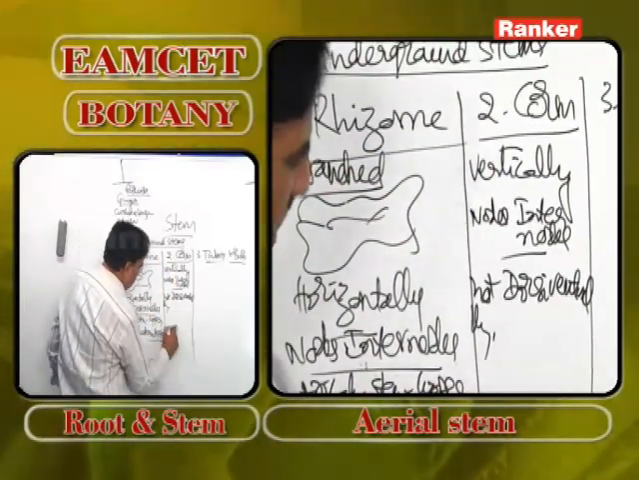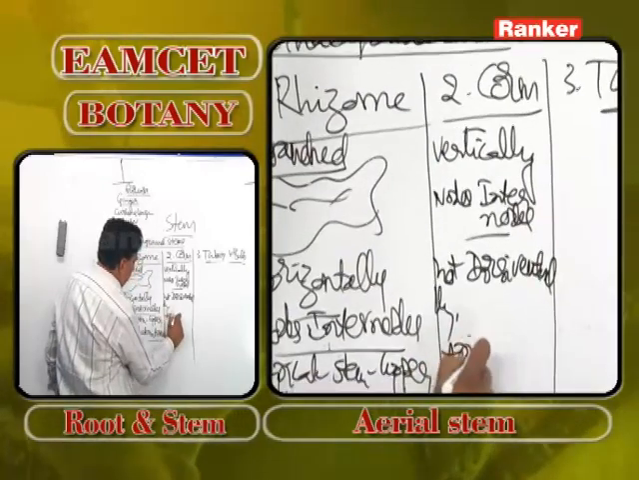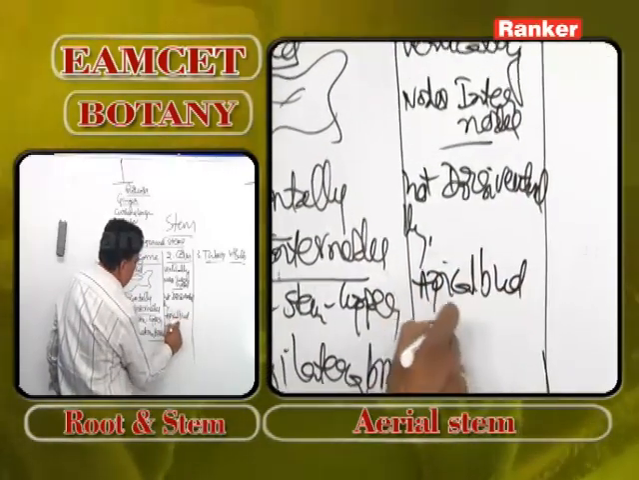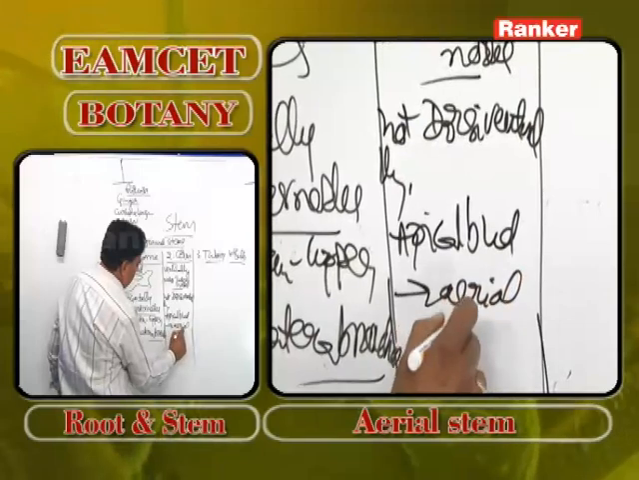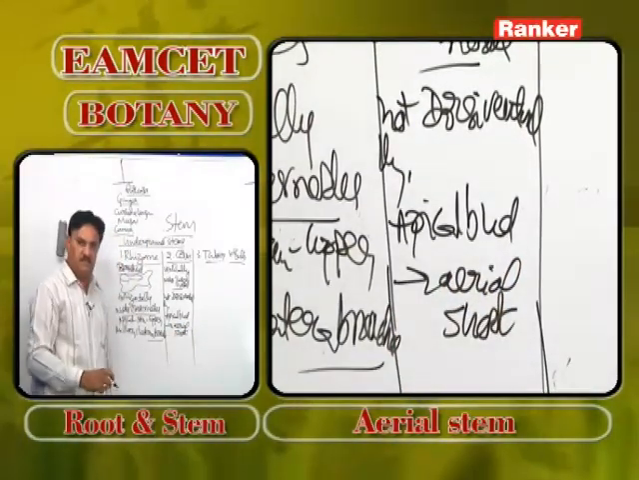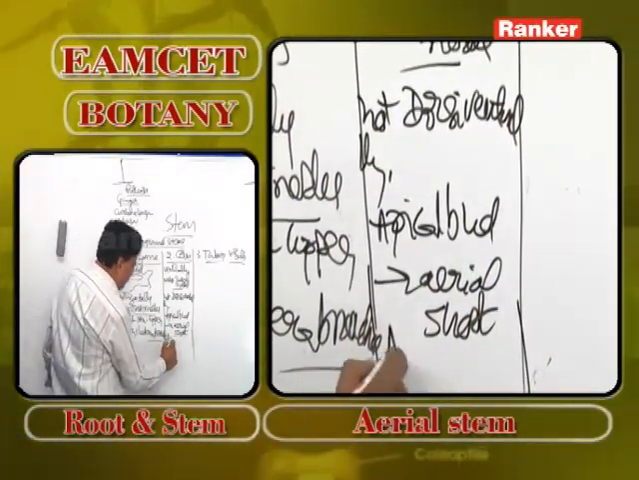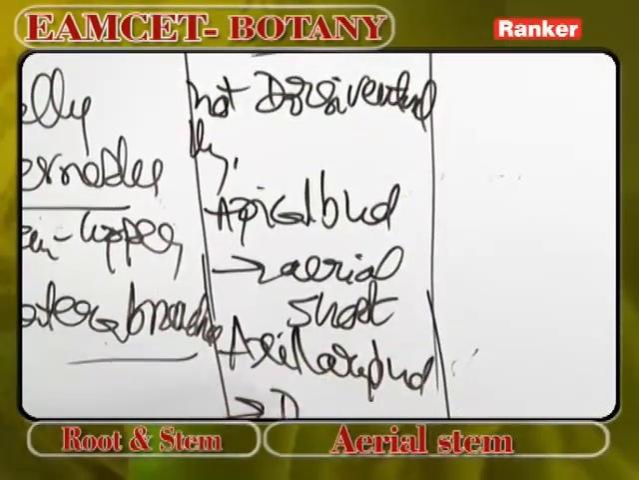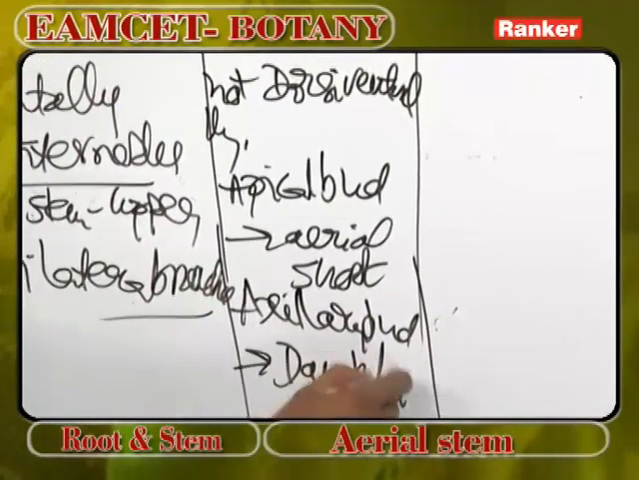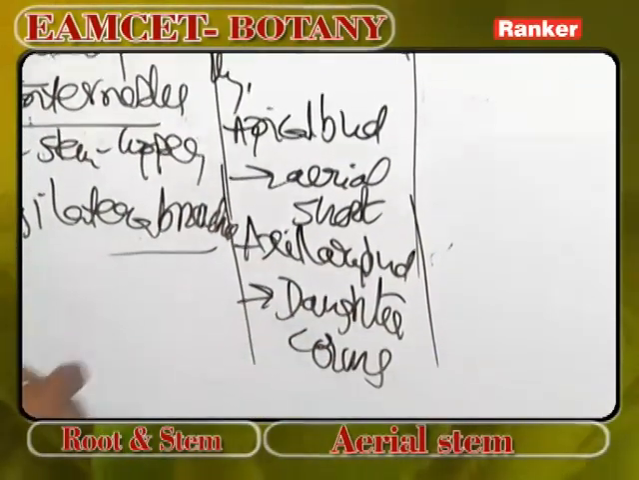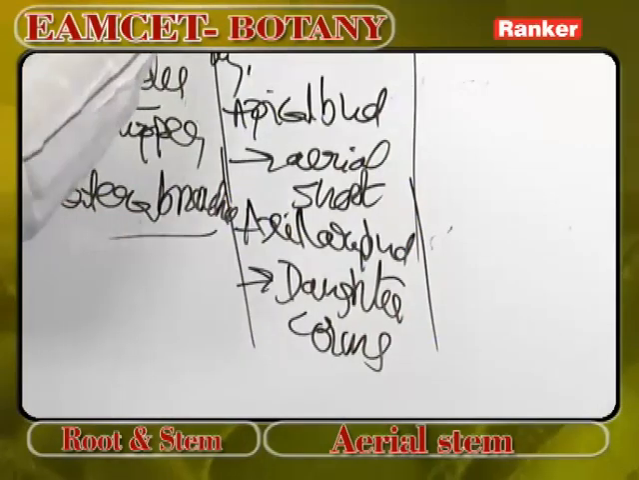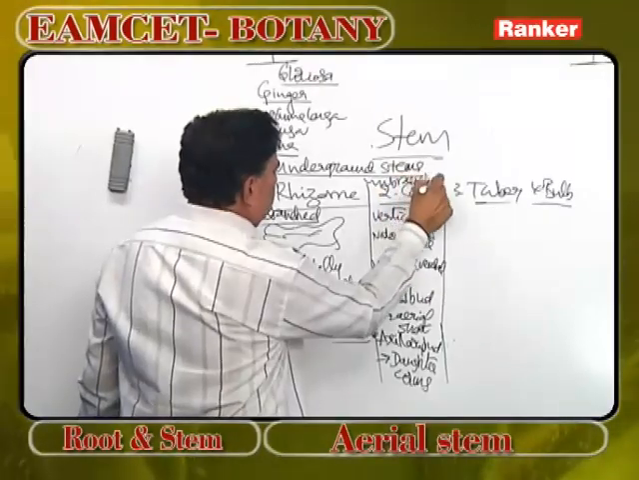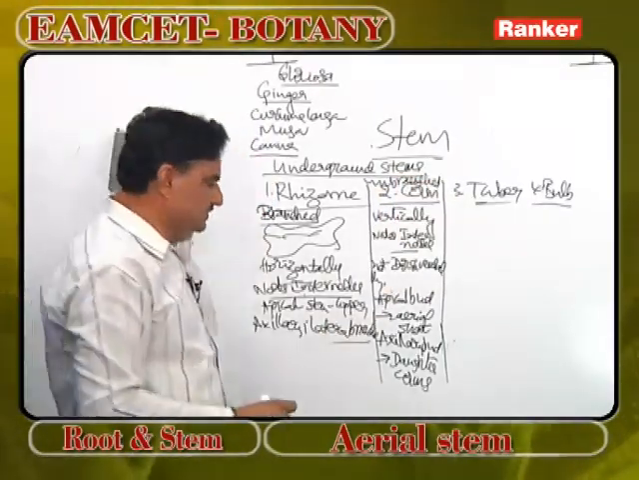In culm, the apical bud is very, very large and produces aerial shoot. The axillary bud, instead of producing lateral branches, produces daughter culms. So, it produces daughter culms in the place of lateral branches. So, culms are unbranched, rhizomes are branched. Coming to the examples of culms,